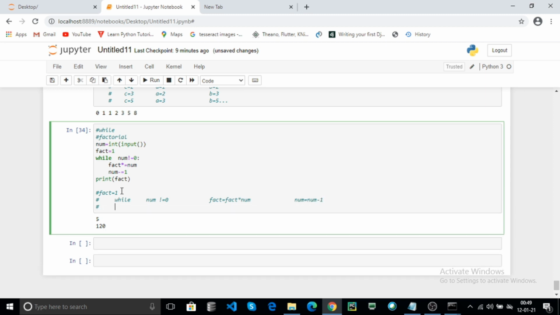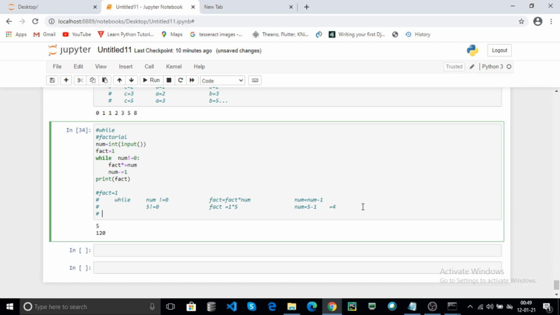Now initially the number is 5, and 5 is not equal to 0, so the condition is true. Fact will be updated: fact contains 1 into 5, and the number will be updated, number equal to 5 minus 1. Here num contains 4.